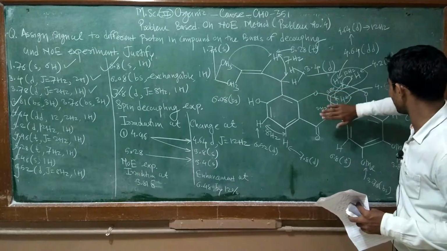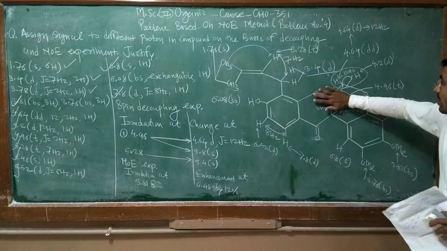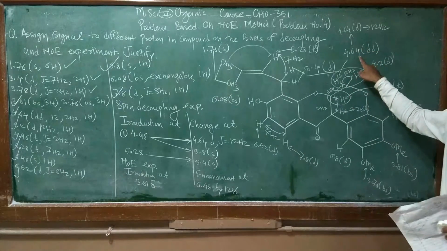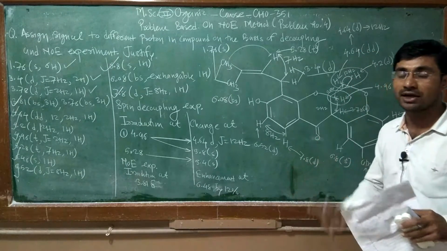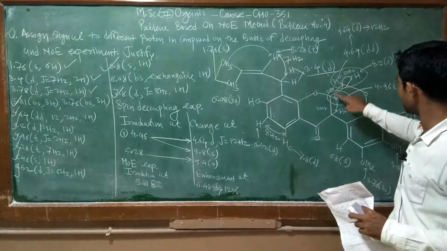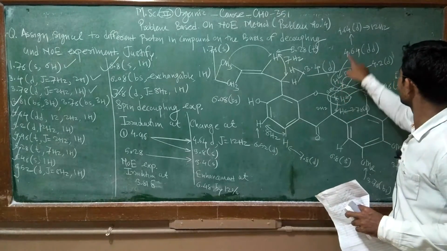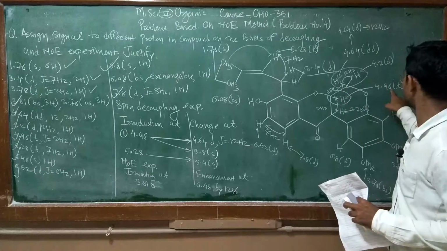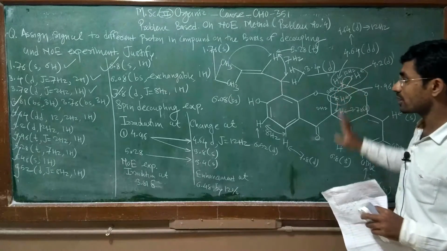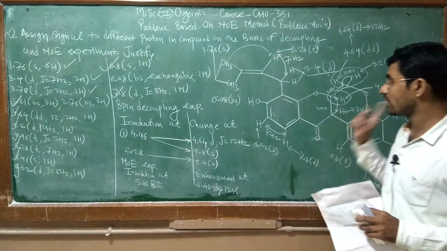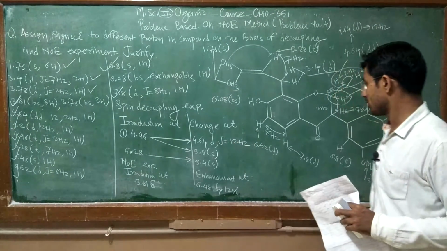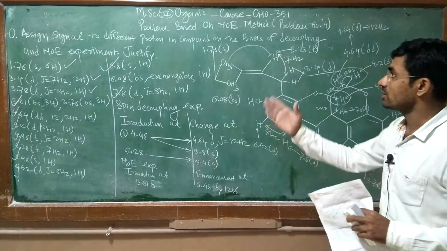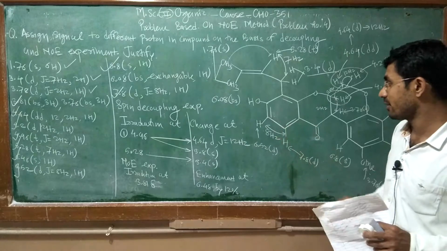If you irradiate the proton at 4.96, the signal at 4.64 that showed a doublet of doublet with 12 and 2 Hz, meaning it coupled with the 4.96 proton with 2 Hz, loses that coupling. Because of that only one coupling is possible, with 12 Hz. So in this way we can apply our NOE experiment here, or spin decoupling experiment.